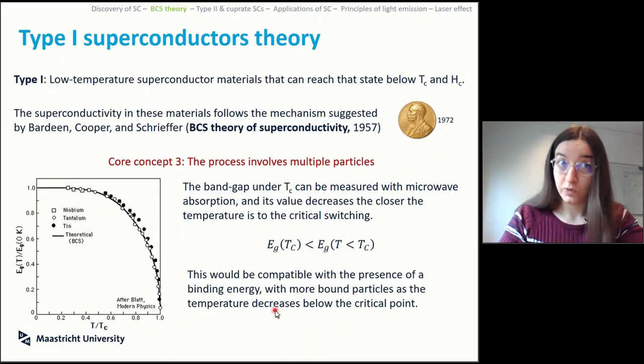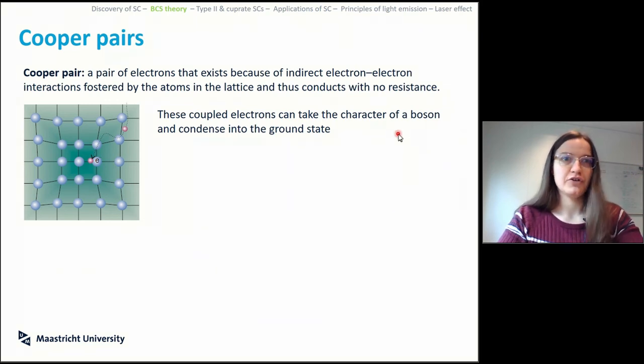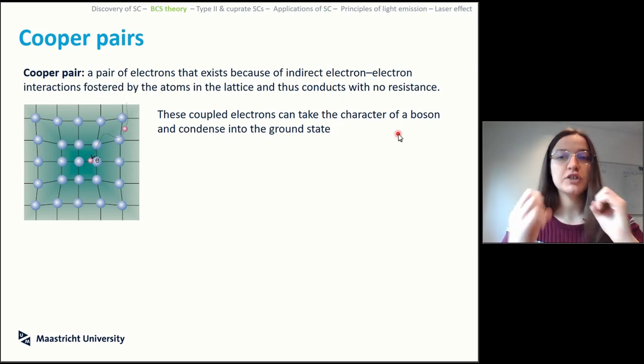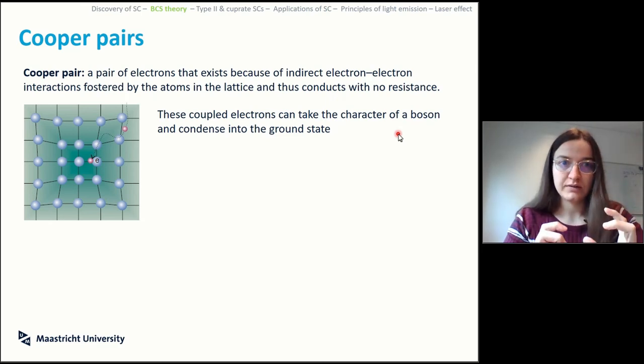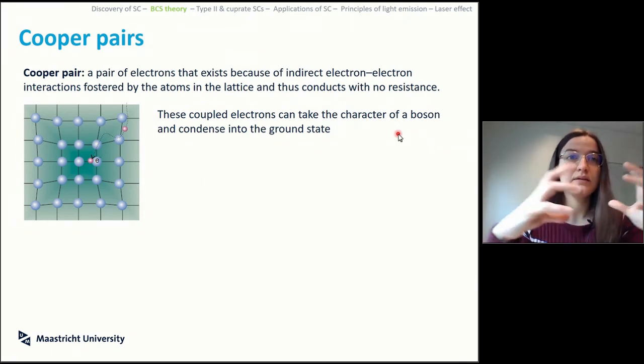Nice. So what is the answer? The double particle here is this mixture that is called the Cooper pair. So the idea of the BCS theory is that the resistance-free conduction is achieved with a pair of electrons. It's not a single electron, it's 2 electrons together, and these couple of particles, they can be, instead of being